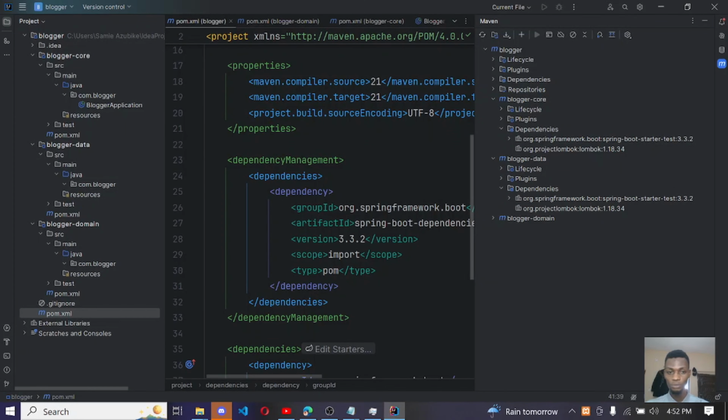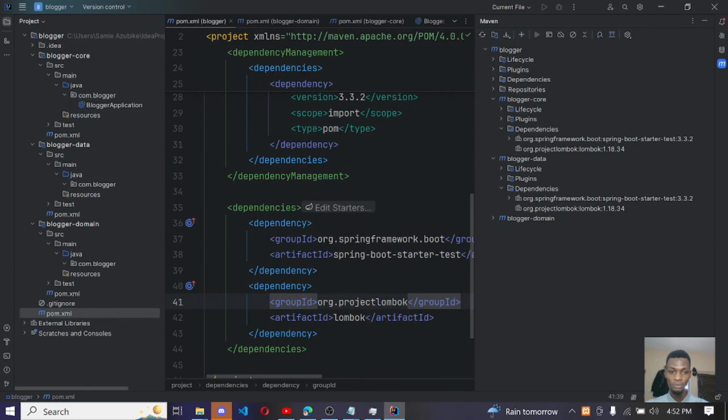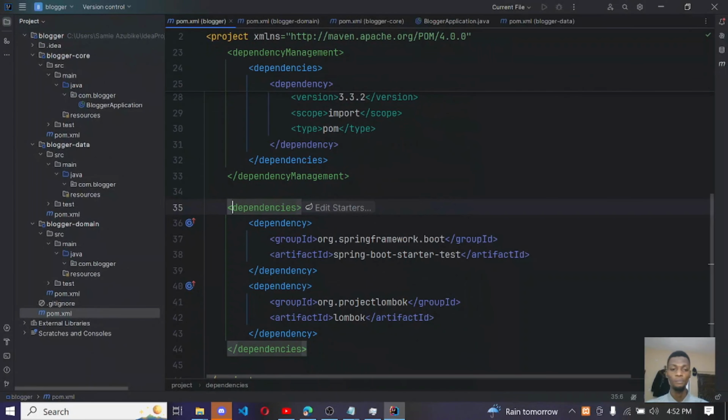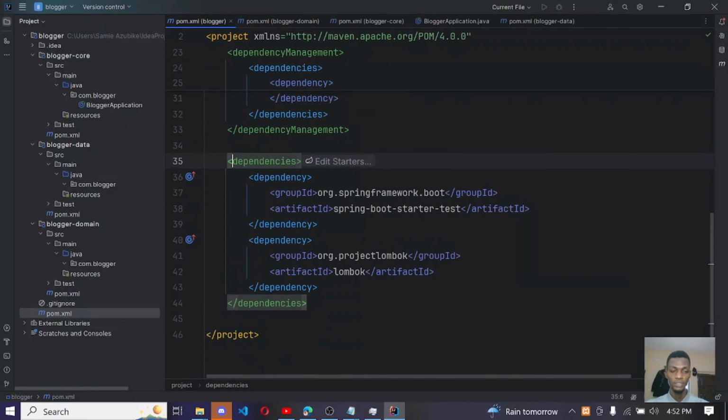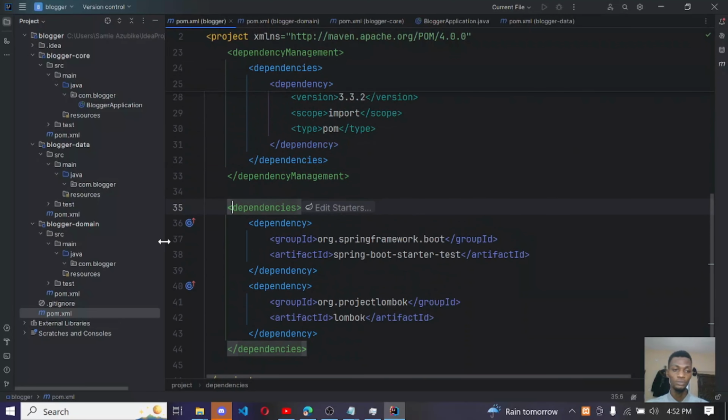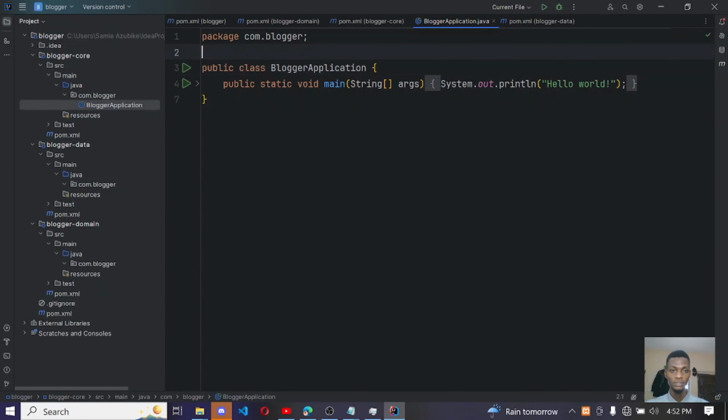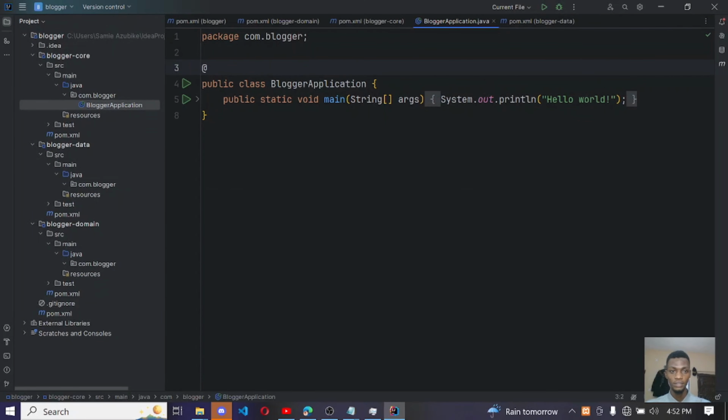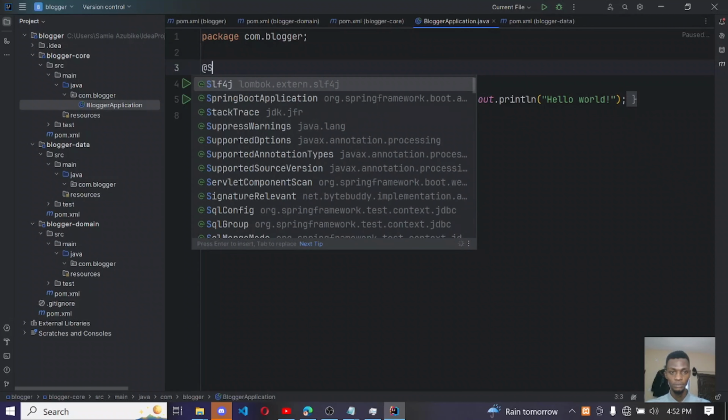So this dependency we just created right now is going to be available within all the modules you are going to be creating. It's going to be available. So what you need to do next is to come here, and you need to initialize the annotation,